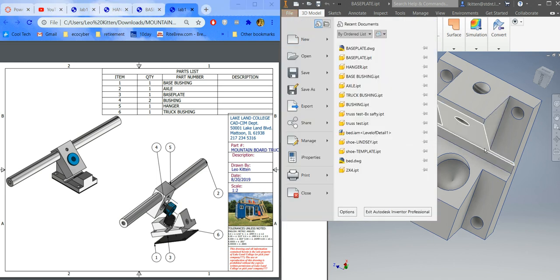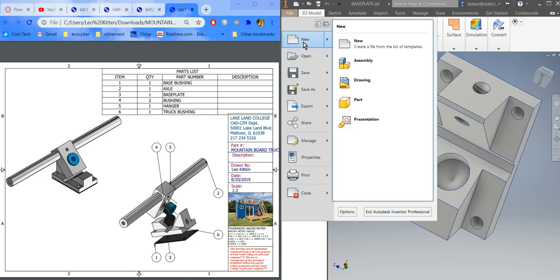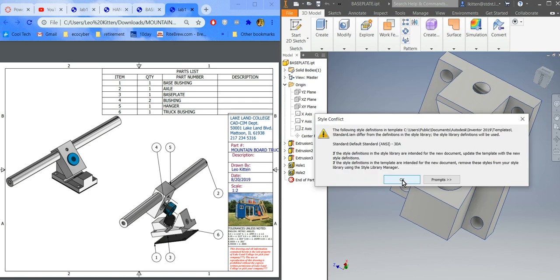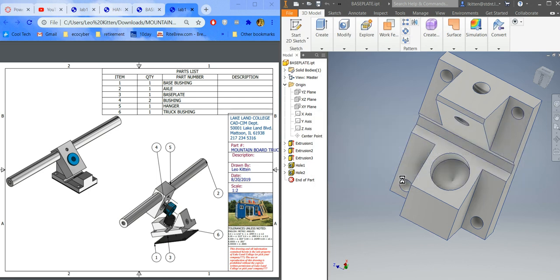Okay, I'm leaving this one open, so maybe it'll help me grab that later, since this is the base part that everything's attached to anyway. File, hover over New, and pick Assembly. Okay, hit OK. So while we're waiting for that,